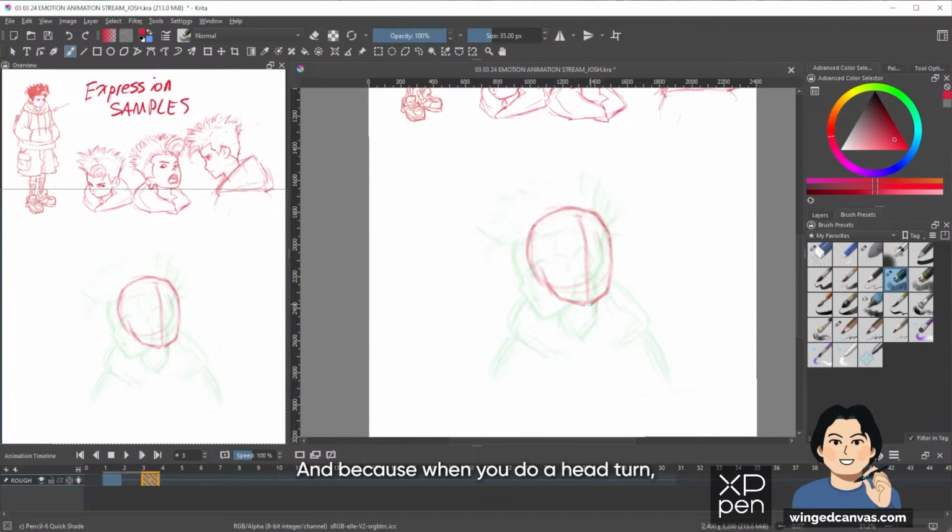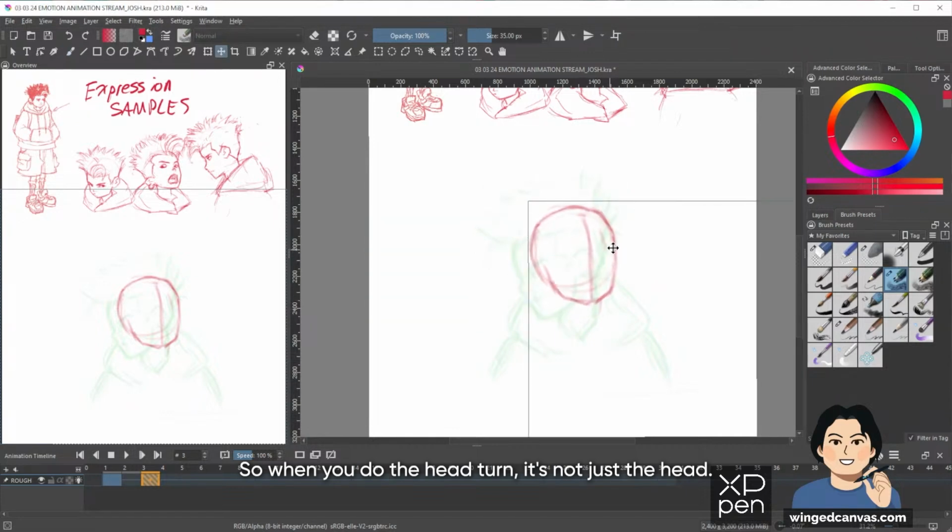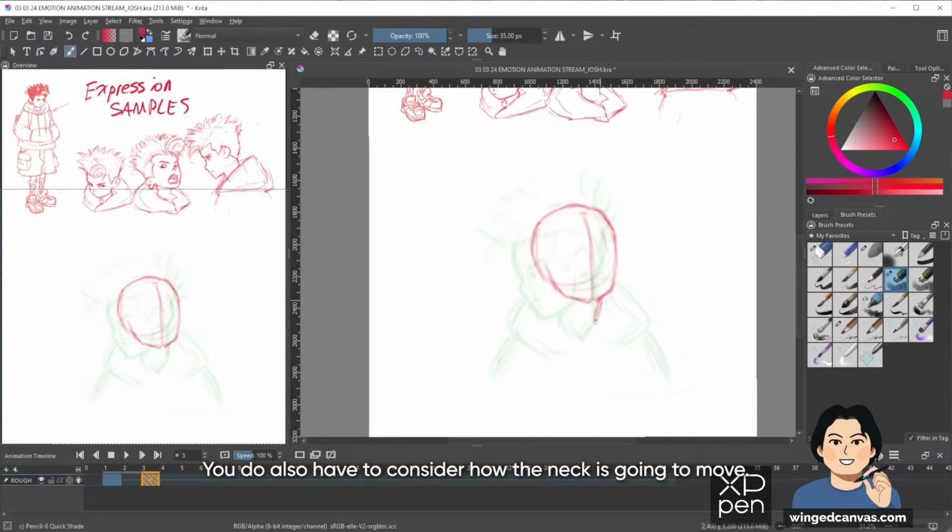Because when you do a head turn, your head isn't swiveling on your neck. It's not a meatball on a stick and you're just turning that meatball. Your neck moves alongside your head. So when you do the head turn, it's not just the head. You do also have to consider how the neck is going to move. So I think the neck might be like over here.